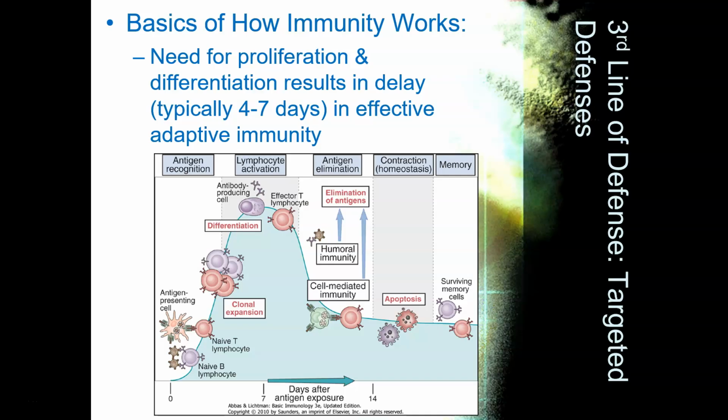So here's kind of what I'm getting at, right? The need for that proliferation, that need for that differentiation, has a delay, especially if it's the first time you've ever encountered it. It's typically anywhere from 4 to 7 days in somebody who has a truly effective adaptive immune system, if this is the first time you've come across it. So here are those naive B and T cells hanging out. You've got that initial recognition that will happen within the first few days,